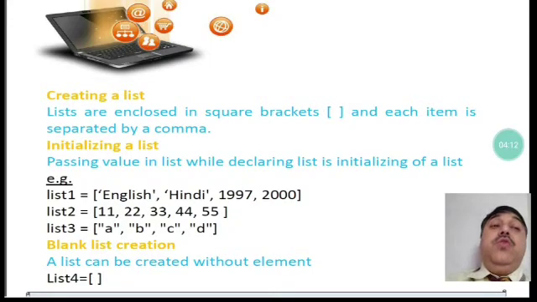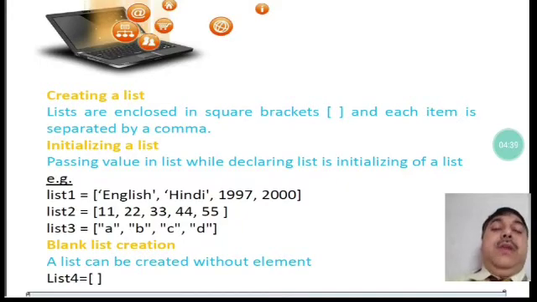Now notice one thing very carefully, my dear children: in each case, I have identified it in a different way. What is the difference between them? One is a number, one is a collection of letters. The collection of letters is given within single inverted commas.